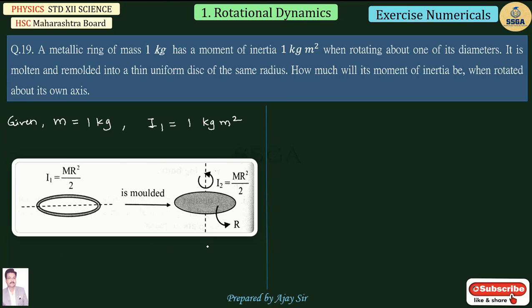In the second case, the ring is converted into a disc of the same radius, suppose r, and it is rotating about its own axis, so I2 is equal to mr square divided by 2. So therefore in both cases